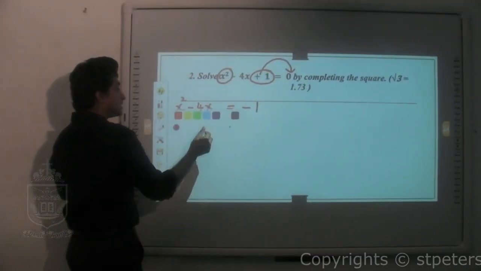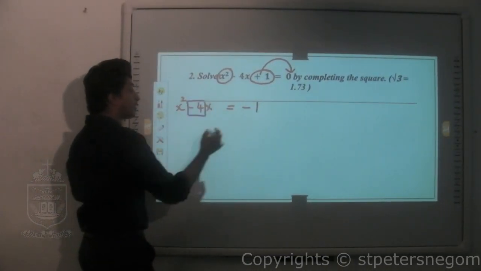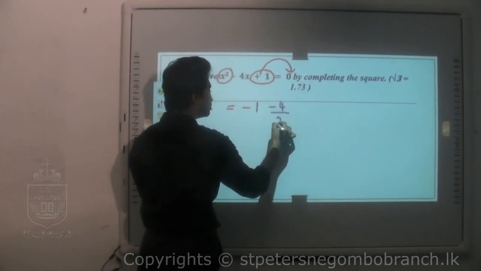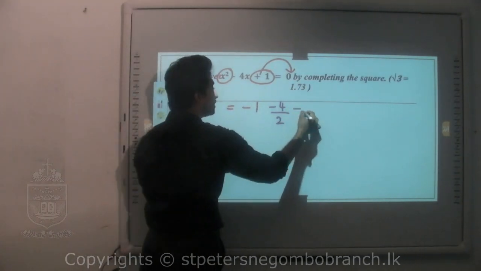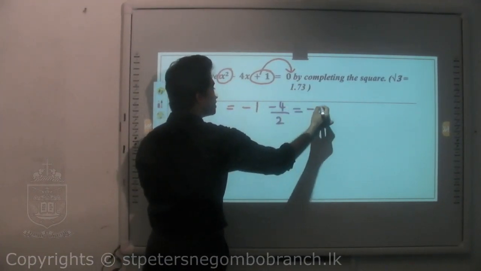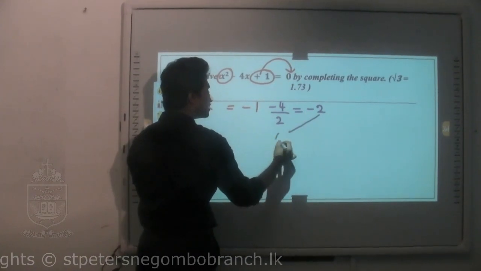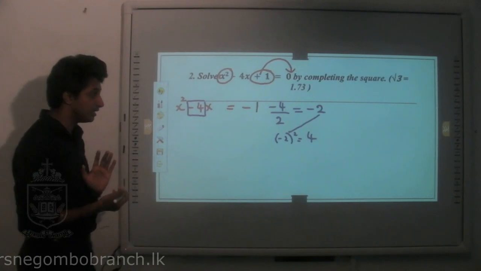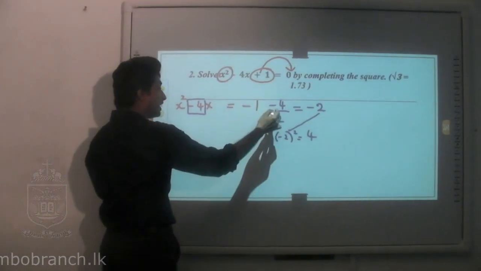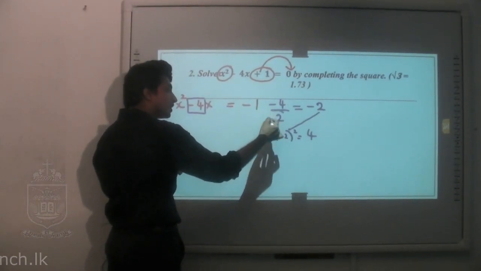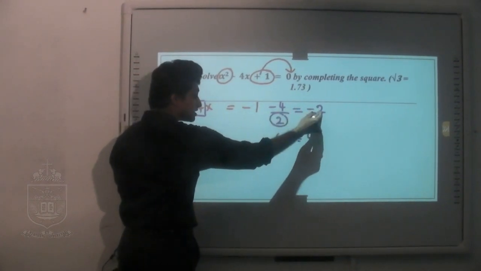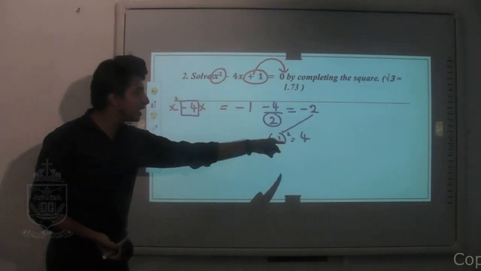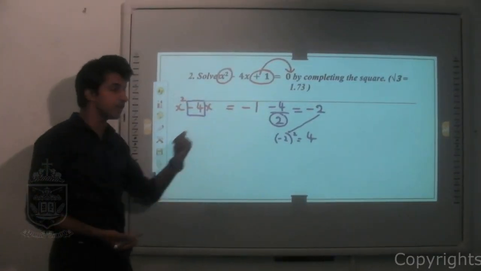Now select the number in front of x with the sign, divide it by 2, and then you will get a value. So this is going to be minus 2 when you divide. Take minus 2 and square the value, then you will get the answer plus 4. Again, take the value in front of x, always divide it by 2, then you will get an answer. In the next step, square the answer and you will get a value. Now bring that value and add it to both sides of the equation.